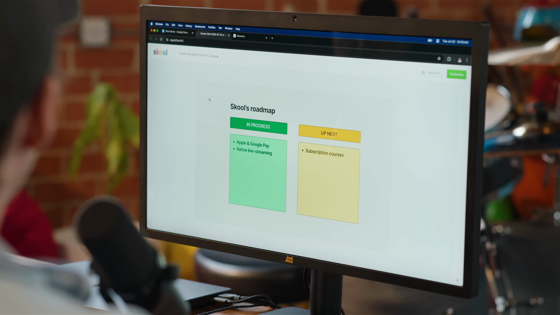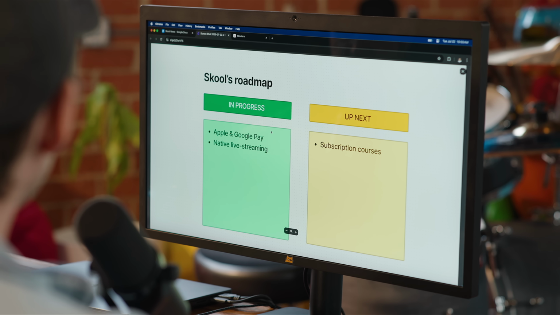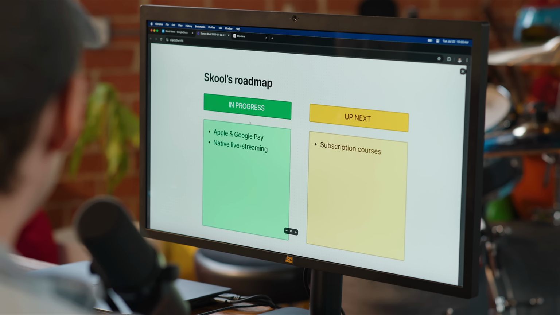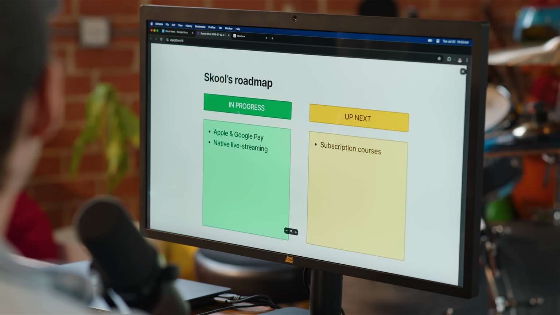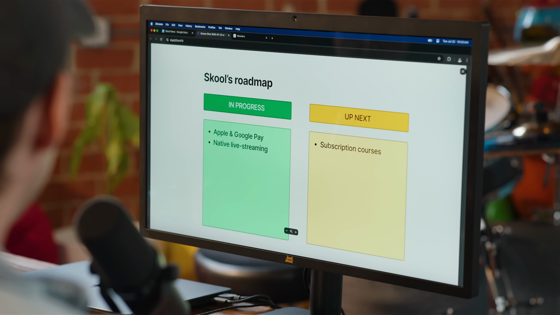Then a little update on our roadmap. So where are we at right now? We've shipped a lot of big things like the $9 plan, native video, and then native video everywhere. And now in progress right now, Apple and Google Pay. Everyone's about page conversion rates are going to go up overnight. I was testing that this morning. It'll be coming quite soon.